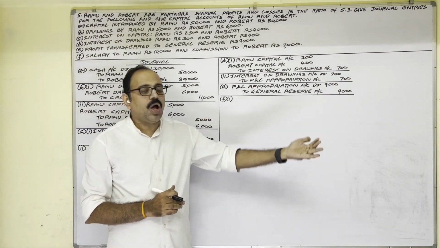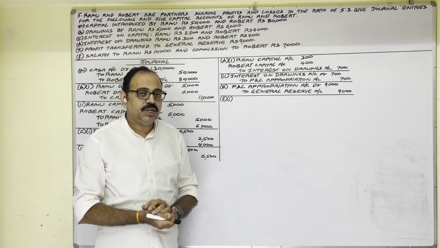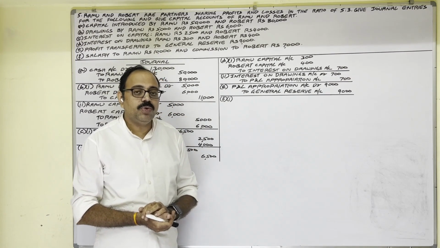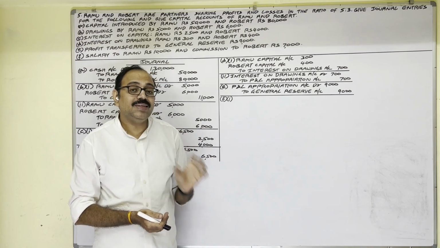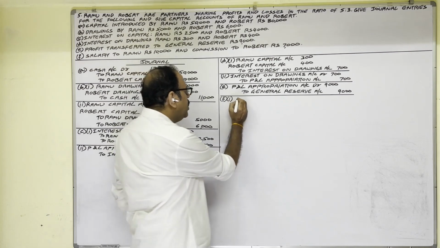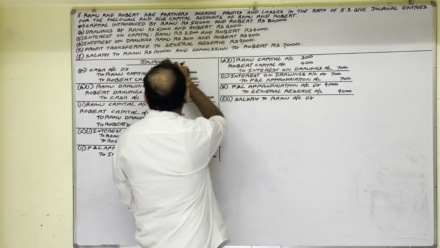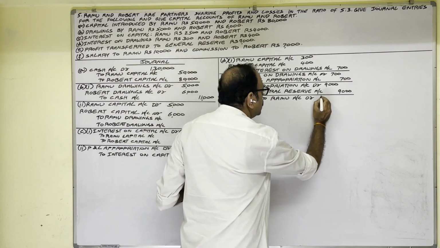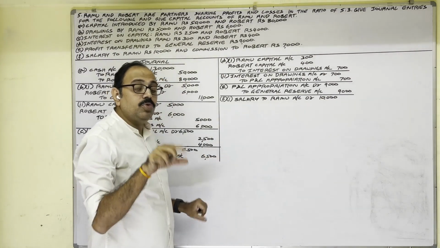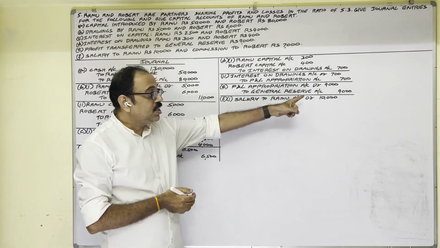The firm is paying Ramu, so to the firm this is an expenditure. Expenditure means nominal account. Nominal account rule: debit all expenses and losses, credit all incomes and gains. As per that rule, salary to Ramu account we should debit. His salary is 10,000 rupees. This salary to Ramu's capital account we should add. So after adding this 10,000 to Ramu's